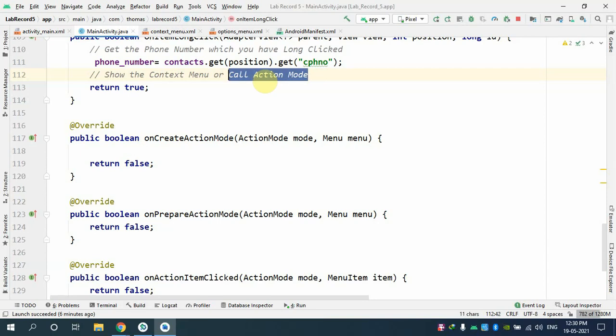That's the actual technical word. In simple words, you can just say show the context menu. Technically, it just means call the action mode. So as soon as you call the action mode here, this will be called. And what do you want to do here? I want to show